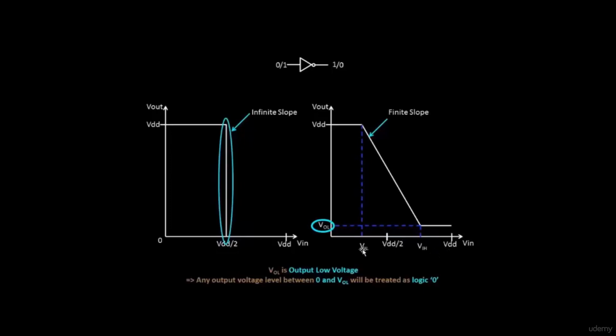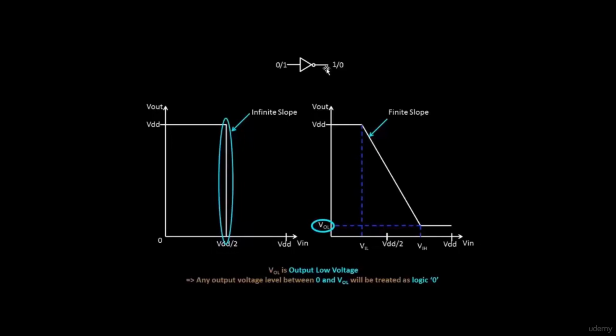And similarly on the output side, we mentioned that if any voltage which lies between 0 to VIL, you expect the output to be high. Okay, any voltage at the input of the inverter which lies between VIH and VDD, the output is expected to be low or as close to 0. It is some finite value which is VOL. It could be VOL or it could be exactly 0, but somewhere which will be recognized as 0.